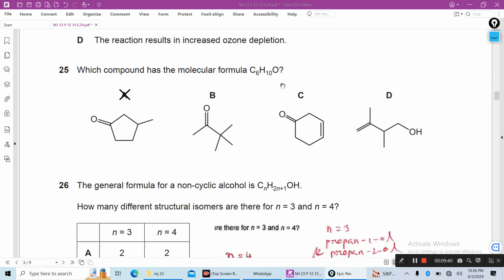Now, which compound has the molecular formula C6H10O? So the answer will be A. If you count